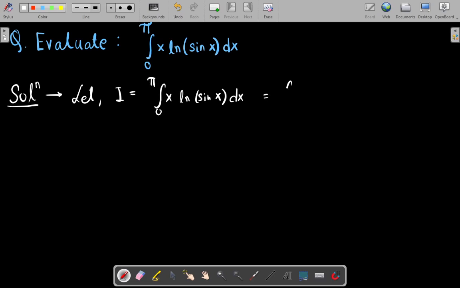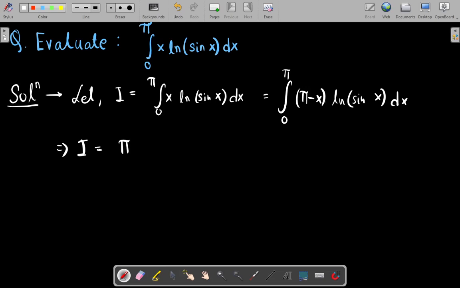So we have the integral I as 0 to pi. Instead of x we are using pi minus x, ln of sine of pi minus x, which will again become sin x, right? It will be in the second quadrant, so this again becomes ln sin x dx. Okay, so we have I equal to,